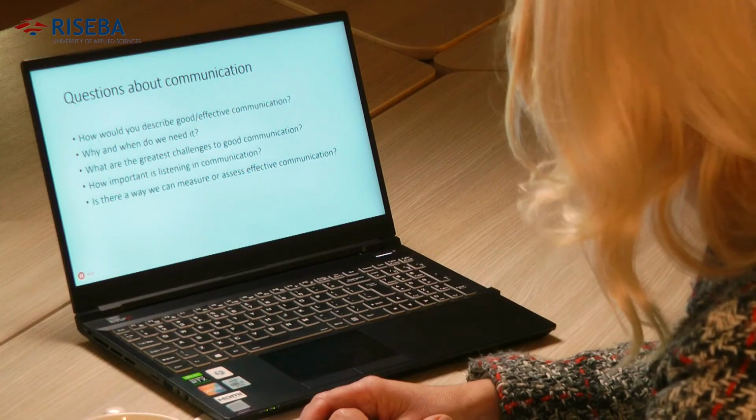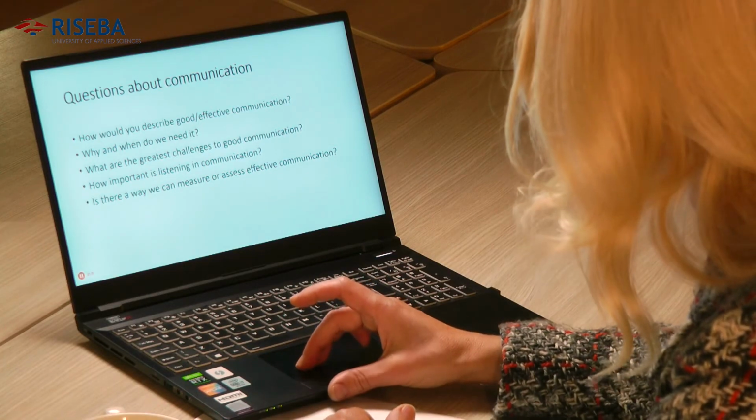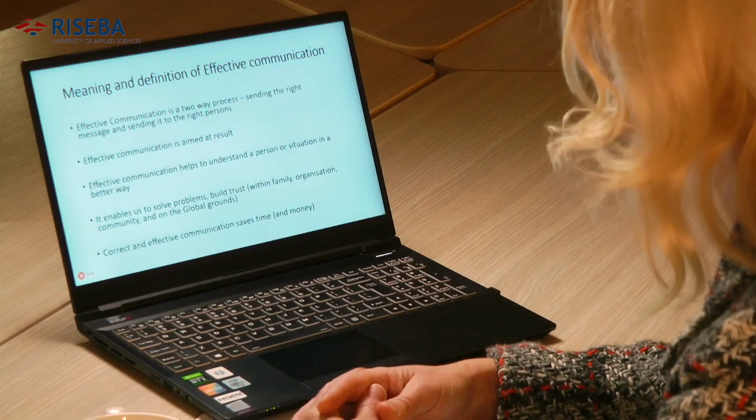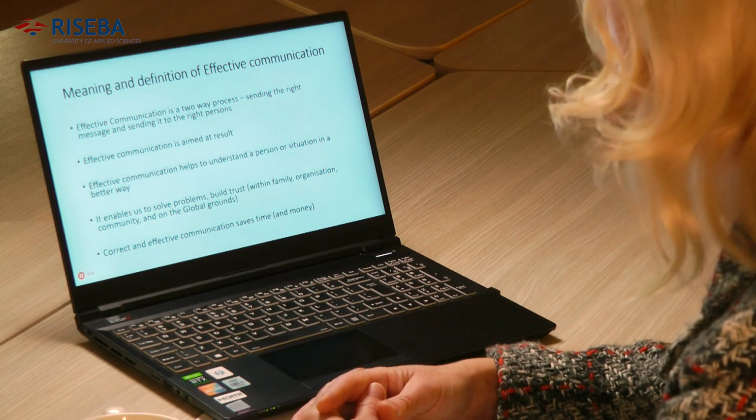And how do we measure effective communication? If you answer those questions honestly, we are basically done with this course. We are basically gurus in communication. We need to know that effective communication is a two-way process. It is sending the right message to the right person. Good, effective communication is aimed at results. Effective communication helps to understand the person or situation in a better way, and it enables us to solve problems, builds trust, and also is